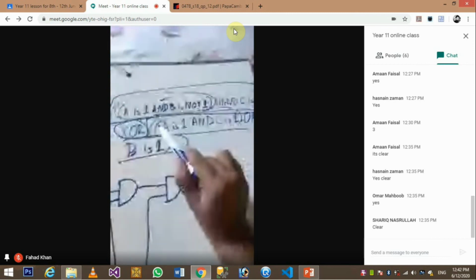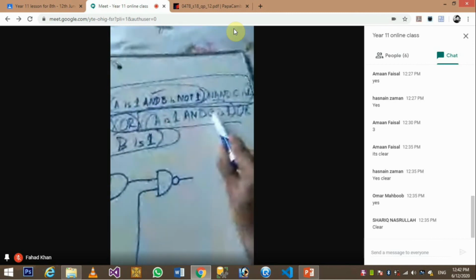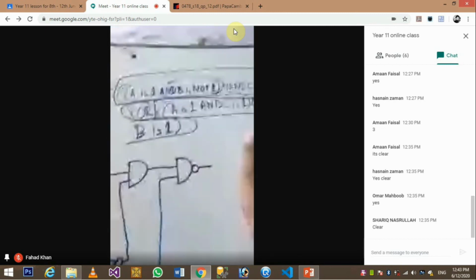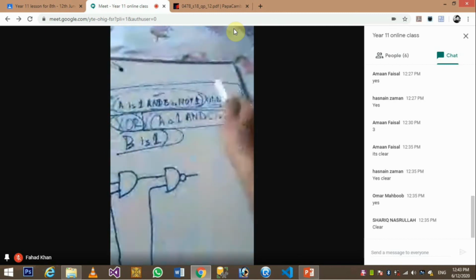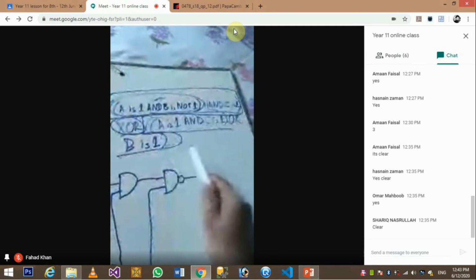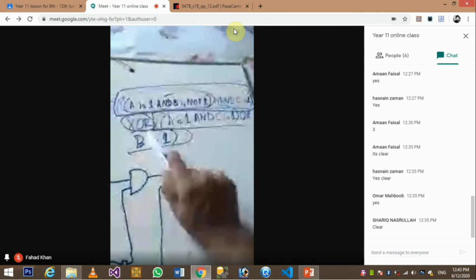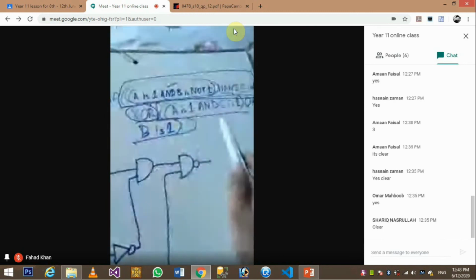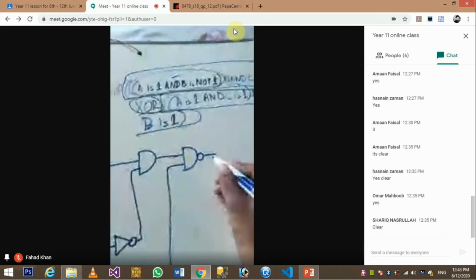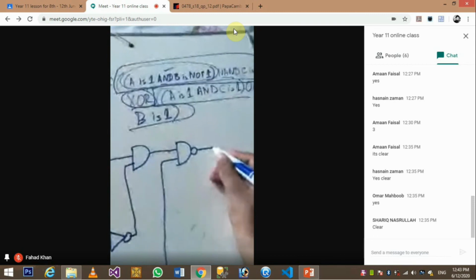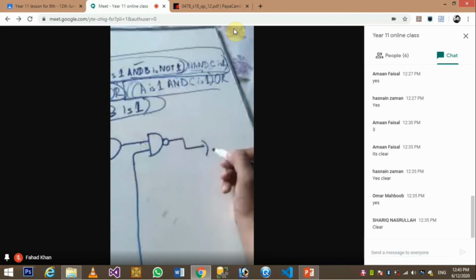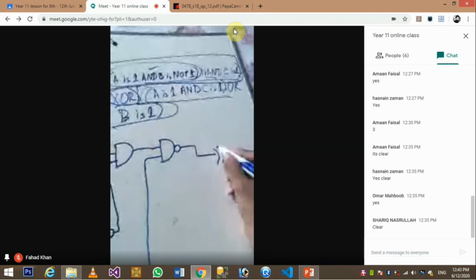What did I say? This whole part would be connected with XOR, and this whole part would be connected with the XOR, because it needs two inputs. One input of XOR will be this part, and the second input of XOR will be that part. So this is done now till here. We are moving to the next part. Connect this with XOR if you want. I'm going to connect this with XOR.